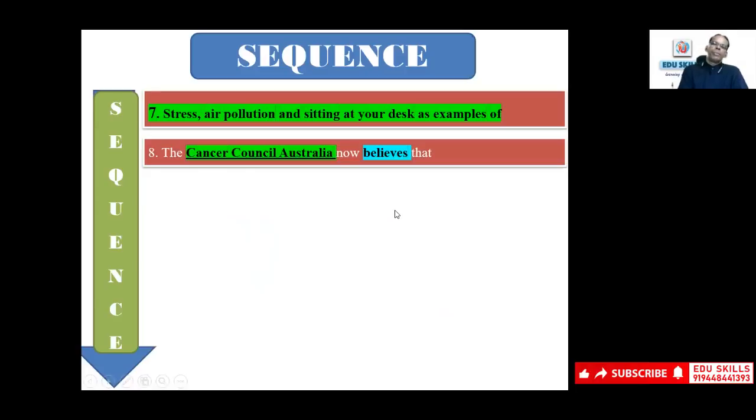And definitely there will be some tricky things. One more council or one more name is given. They give another opinion of that particular organization also. So don't confuse between these two. That's the trick they play.